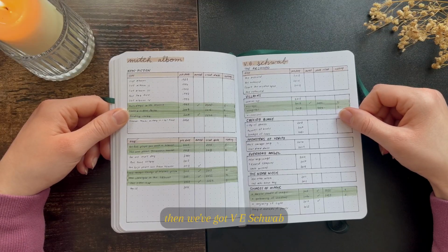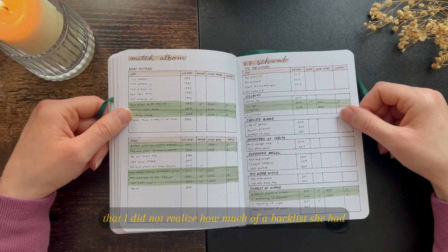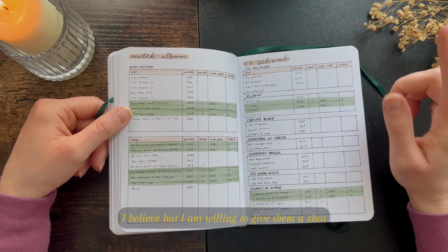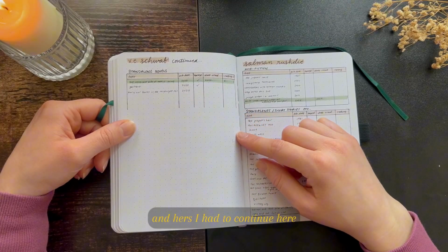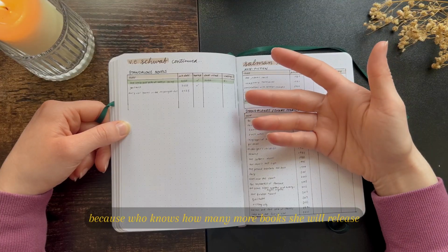Then we've got B.E. Schwab, another author that I did not realize how much of a backlist she had. There are some of these books that are middle grade, I believe, but I am willing to give them a shot. And hers, I had to continue here, and then obviously I left it blank because who knows how many more